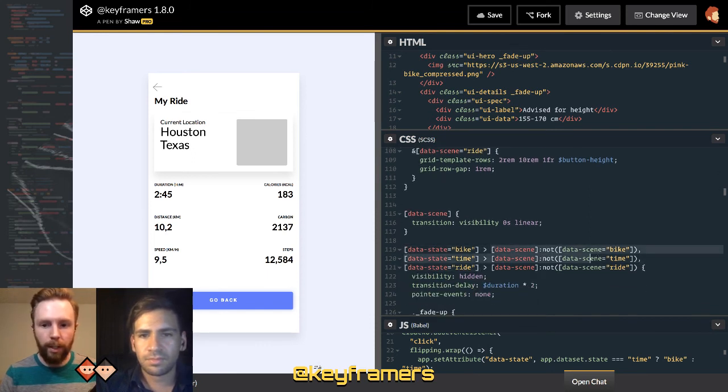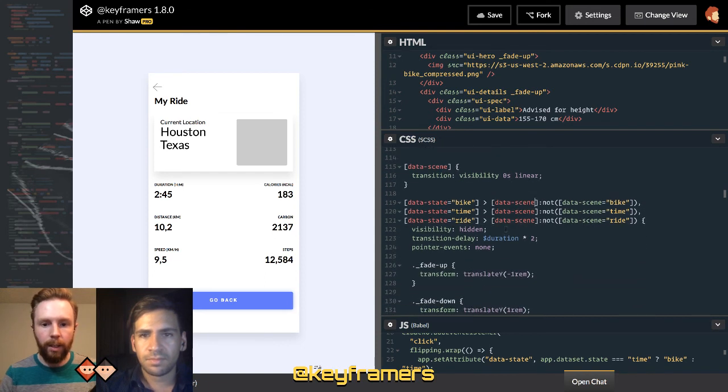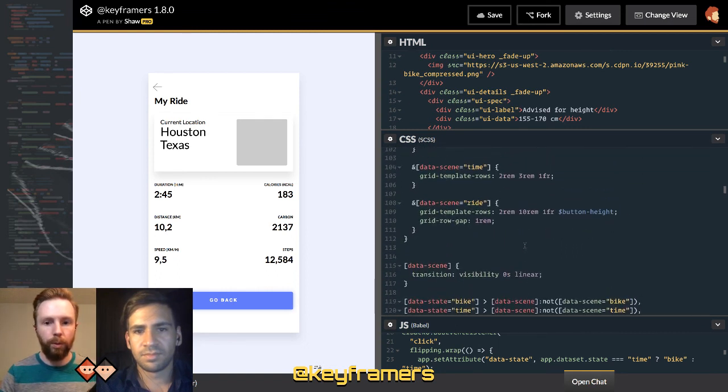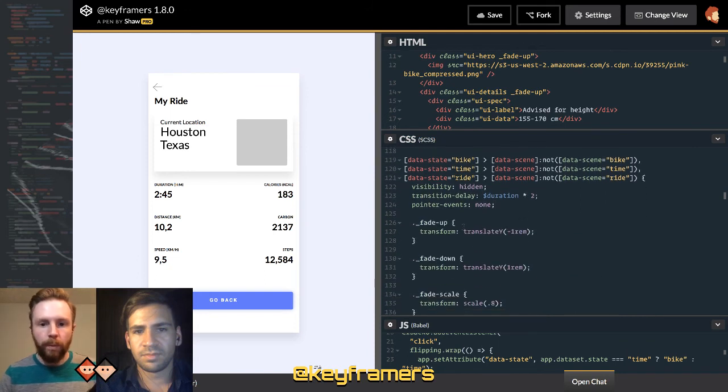Those data-scenes are only visible when their data-state is set. All the other data-scenes are set to visibility hidden, which is a trick I was teaching David again, where when something's visibility hidden, you can't interact with it. It does still take up place in the DOM, but because these data-scenes are all position absolute, it doesn't exactly matter. And visibility is a transitionable property. So if you set a transition delay on something, it'll remain visible for a portion, and then the transition will take effect. And